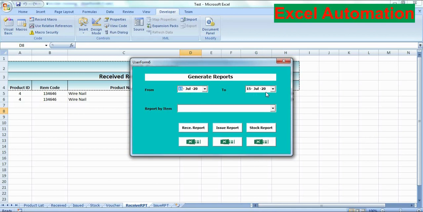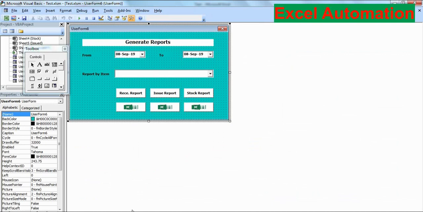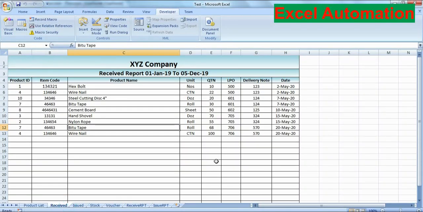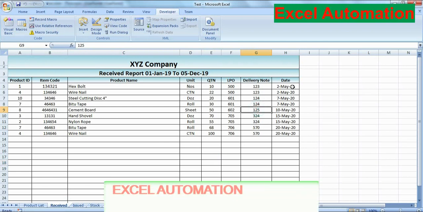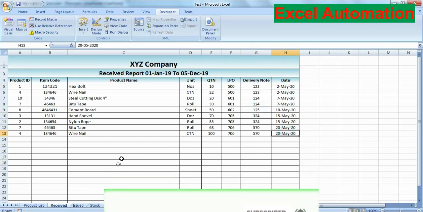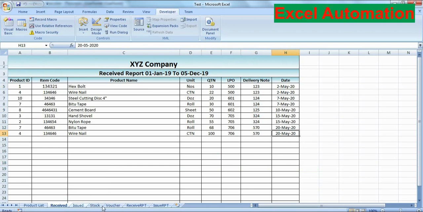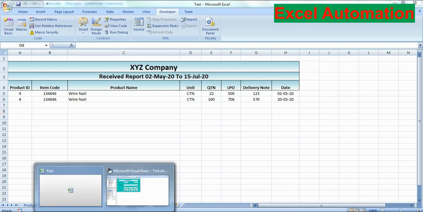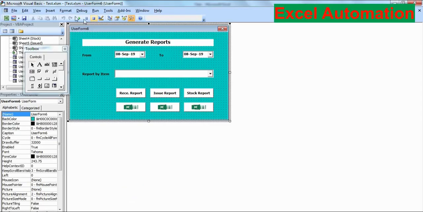Okay, so now what I will do is, first of all I will go to the receive sheet, because we are generating our report from the receive sheet. Our data is coming from 2nd May 2020 to 20th May. So I will generate full data, but for one item.